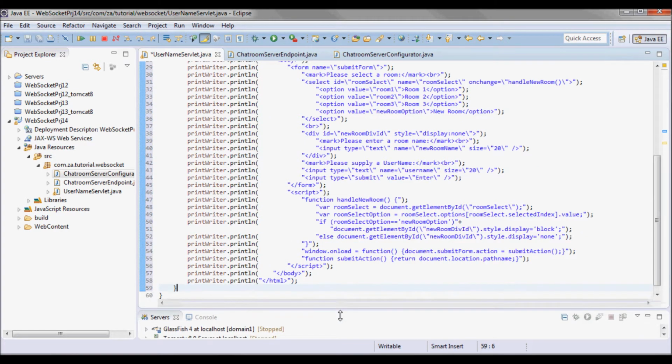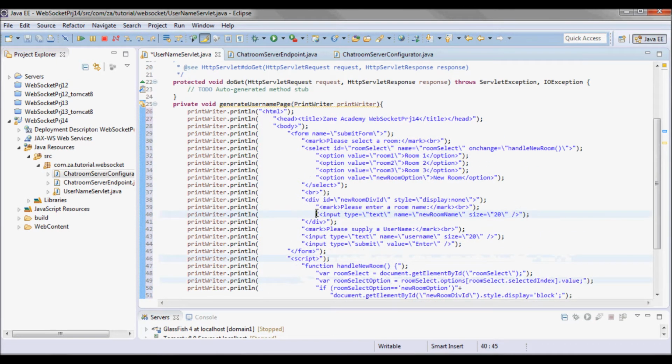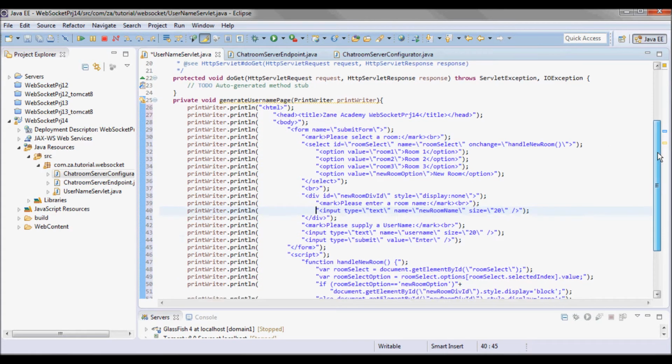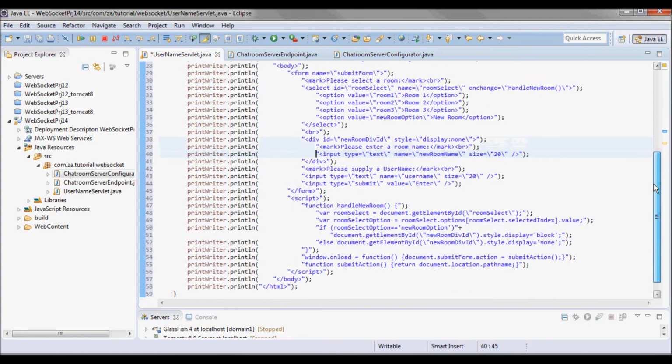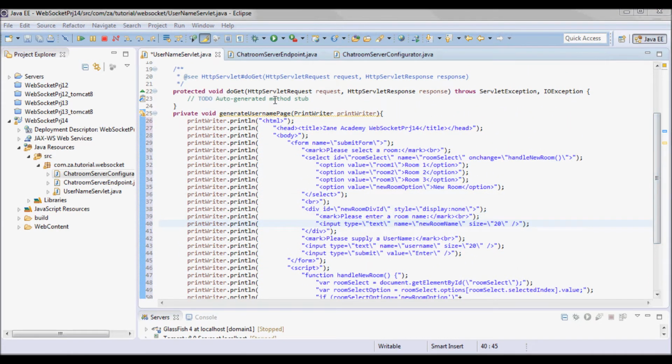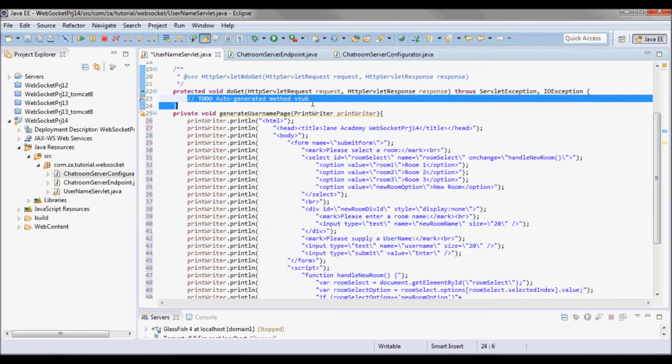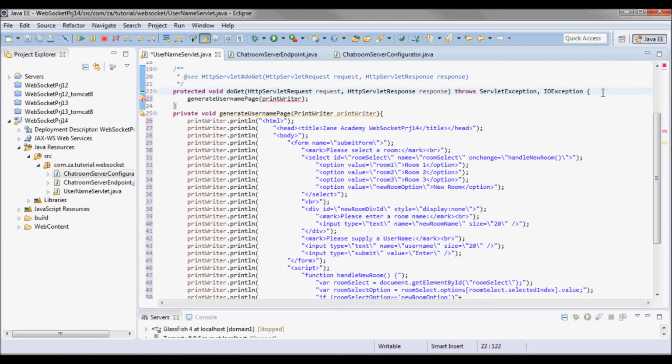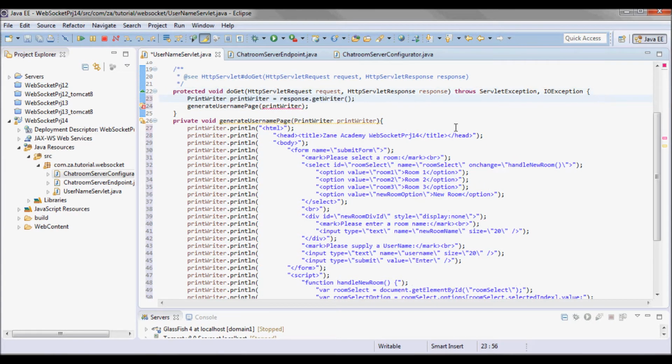So this will be the HTML that will be generated by this method. And this method will be called from the doGet method. So let me pick up a print writer from the HTTP servlet response.